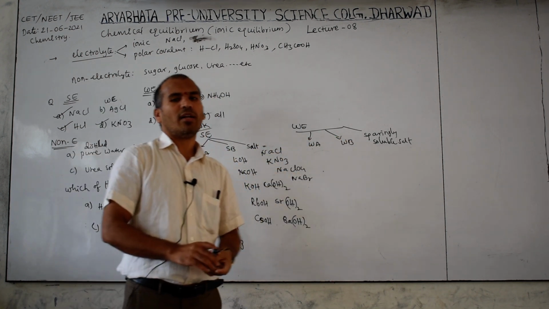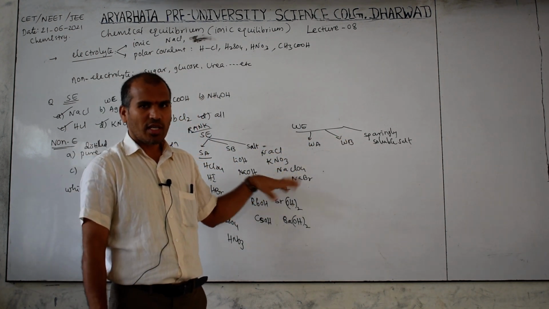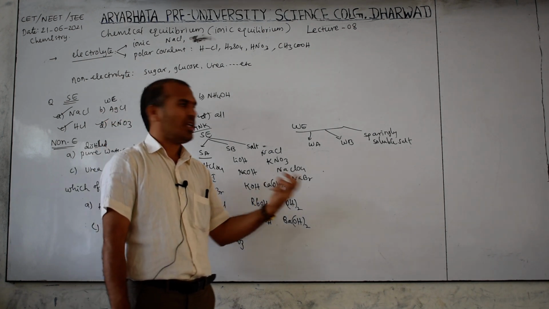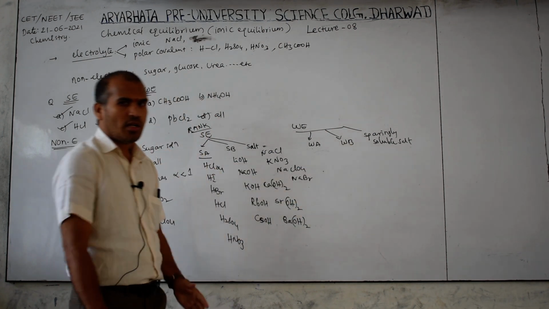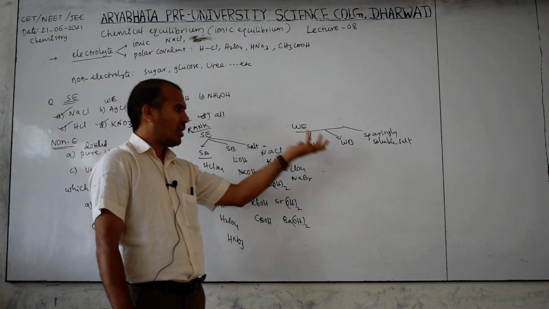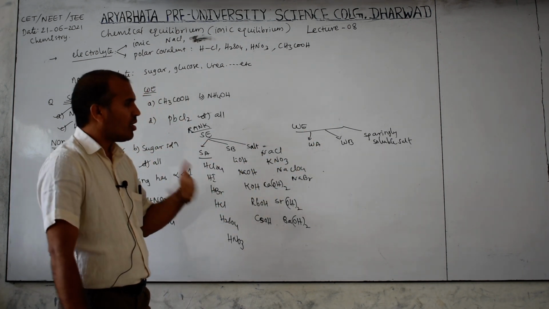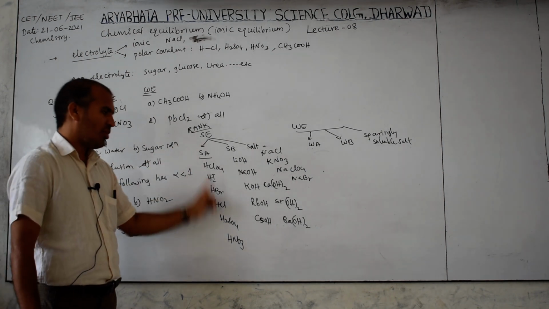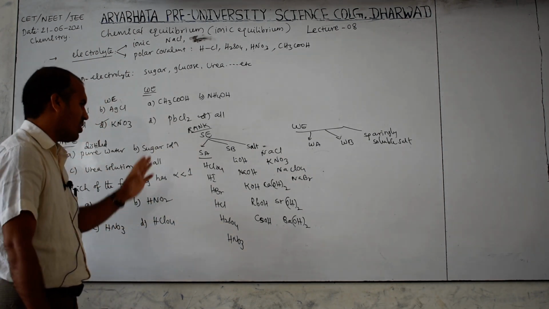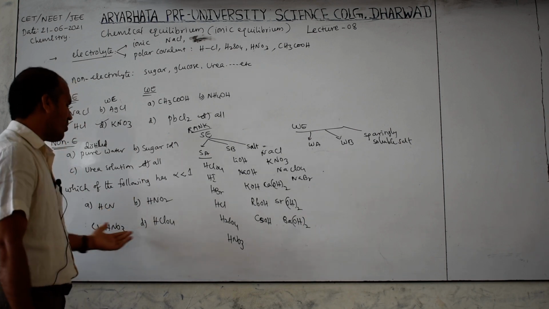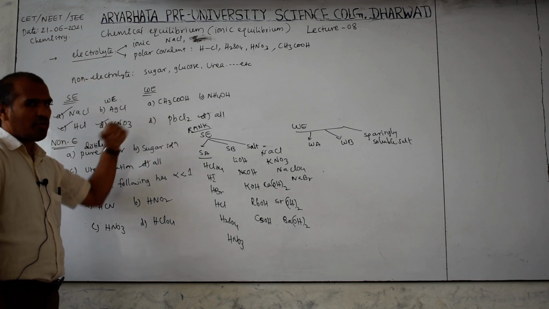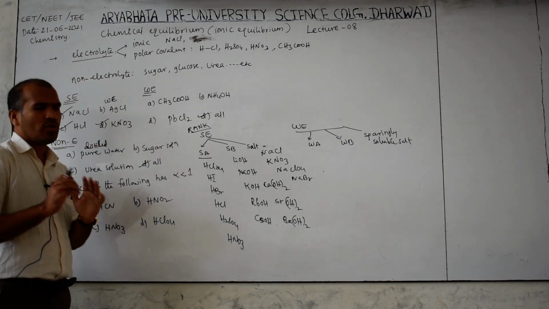Later you will know that after completion of this chapter, because the last part of this chapter is solubility product. There you will know some examples of sparingly soluble salts. Those salts are sparingly soluble, the remaining are soluble. So remember this rank shortcut, which is strong, which is weak. Then you will easily answer which has alpha equal to 1, which has alpha less than 1, which is an electrolyte, which is a non-electrolyte.